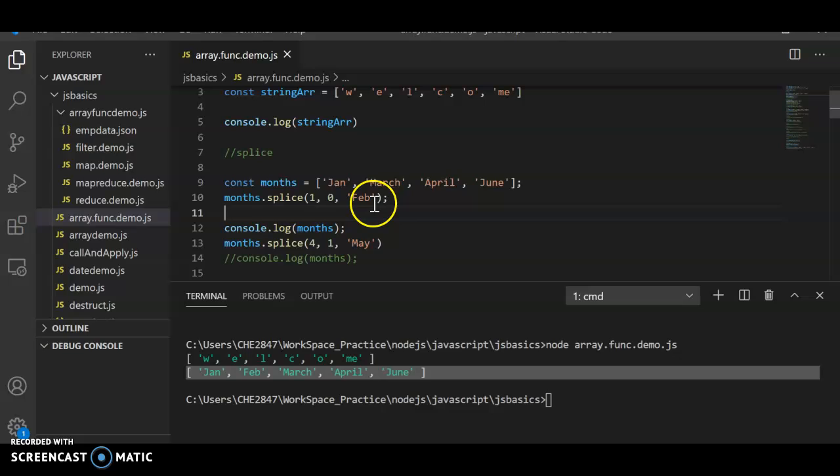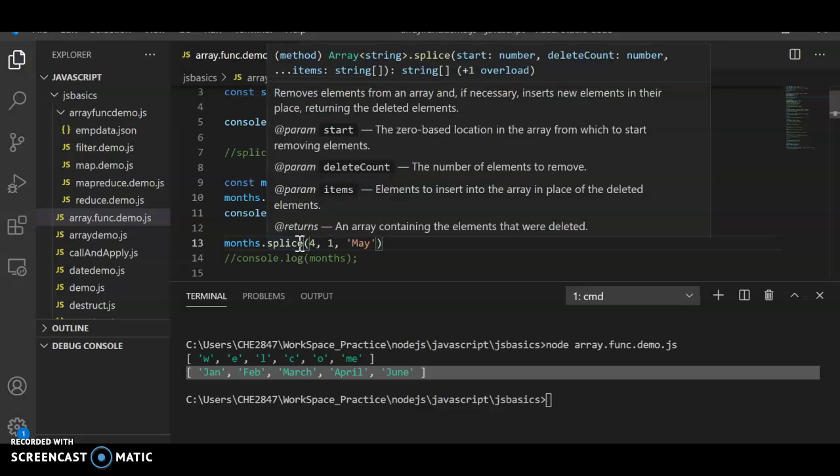Now let's see the other examples of splice. The second one is with a delete element. The first argument is the position where you want to insert the new element, and then whether you want to replace or delete any elements at that position. Let's say position 4.